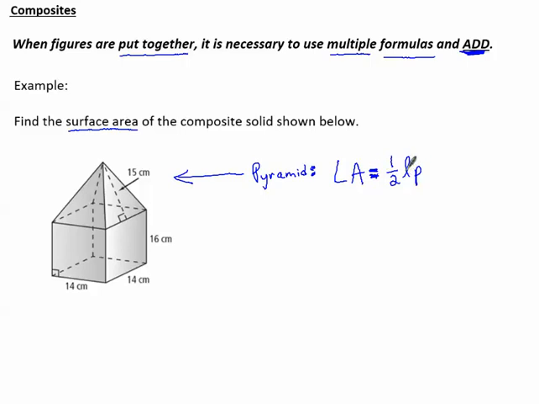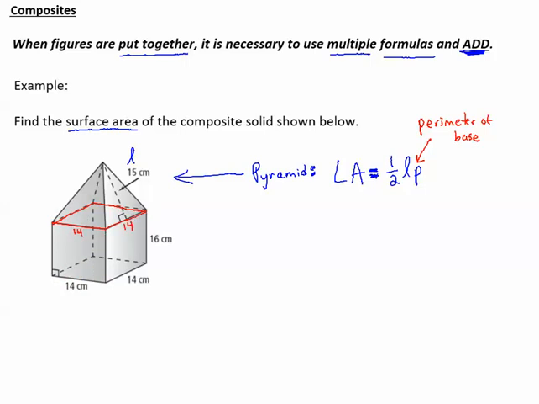In the picture, they showed us L. L is that slant height, so we see that L is 15. P, remember that P means the perimeter of the base, which they didn't give to us, so we have to find that. So notice the base of the pyramid, I'm tracing right now in red, isn't shown with any measurements, but we have these lengths down at the very bottom of the prism. These lengths are the same, so we know that these lengths will be 14 centimeters each,